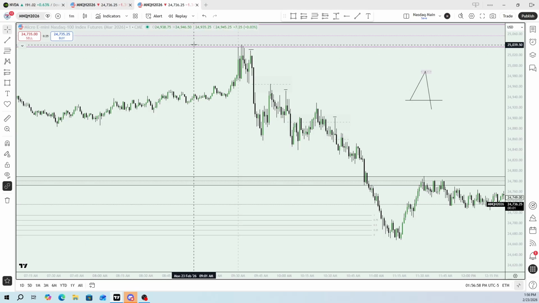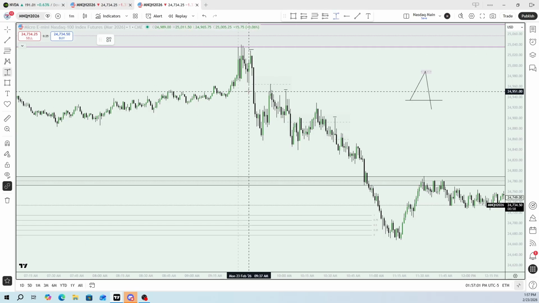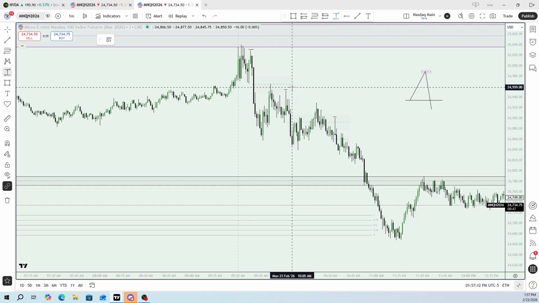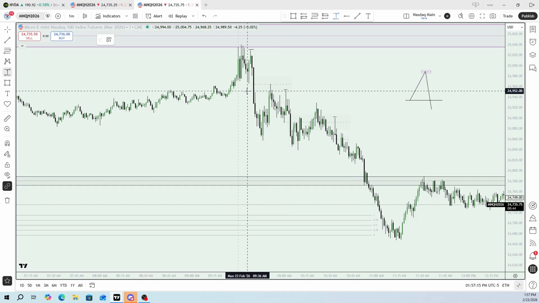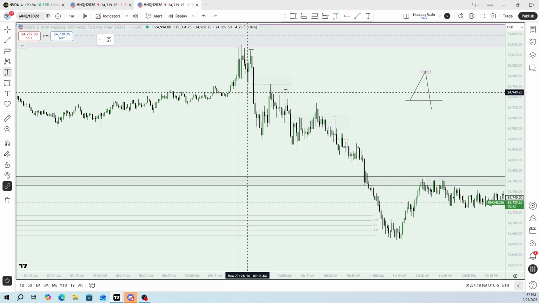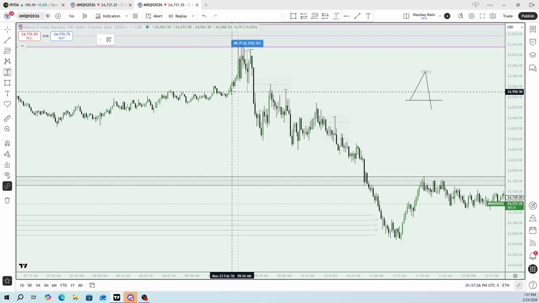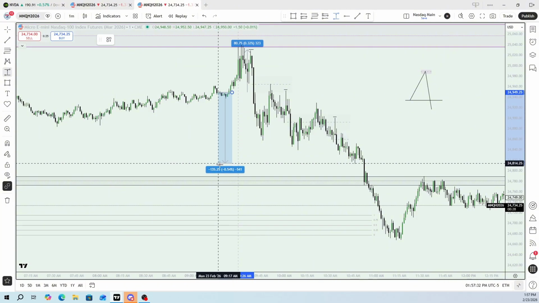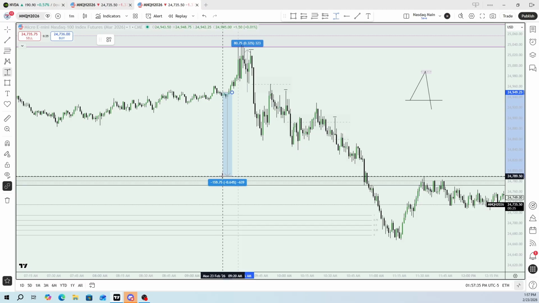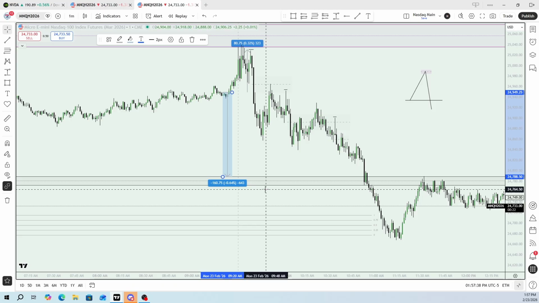And then what we'll do is mark out the possible targets. Whenever I frame my entries, I always enter at the worst case scenario for me as a trader. So this fair value gap, I'll be entering as soon as price gets to that low, not the middle of the fair value gap, not any of the upper quadrants, not the very high of the fair value gap. I'm getting in at the worst case scenario, which would be that low. And my stop would have to be at the swing high. So that's 80 handles of a stop loss, right? And then I'm looking for 2 to 1. So 2 to 1, 160. That pushes you right here at the old new week opening gap,